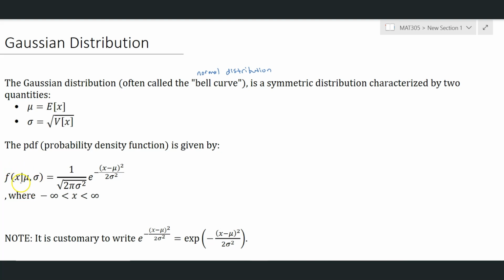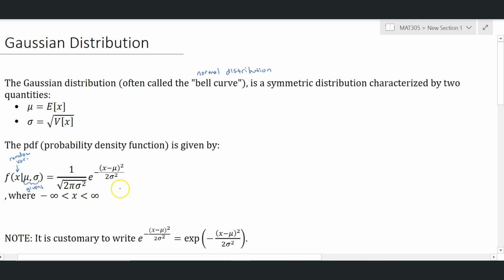Now, I want to explain this for a moment. Here we have a random variable. So depending on what value x is will determine what the density at that location is. And it depends upon two things that are given. Remember, the vertical bar means given that, and these are the quantities that we need to know. Those are the givens. And so given a mu and a sigma, then we can actually plot the probability density